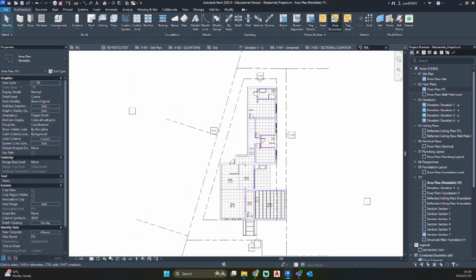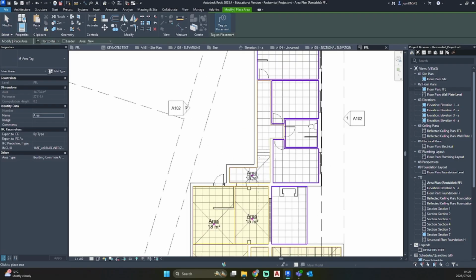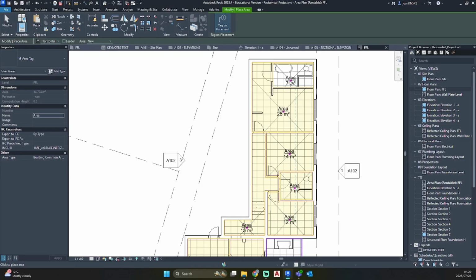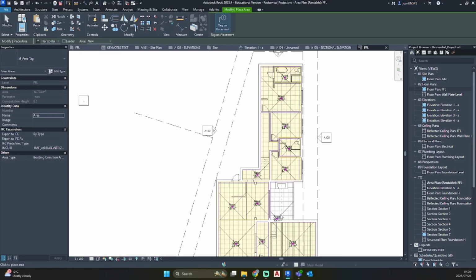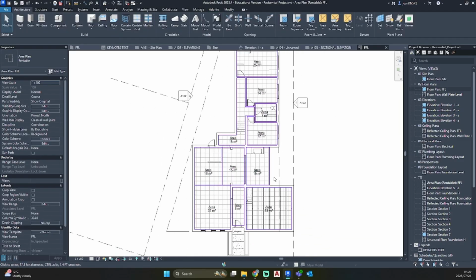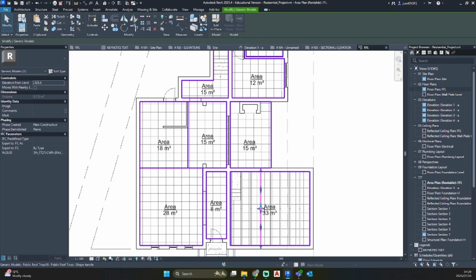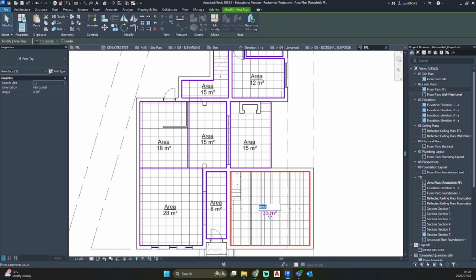So now I'm going to go to my top ribbon, area, area, and I'm just going to tag all of them. So now you can go ahead and rename them.